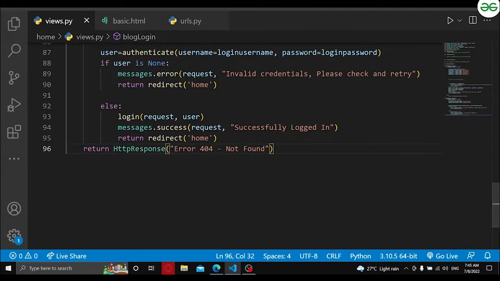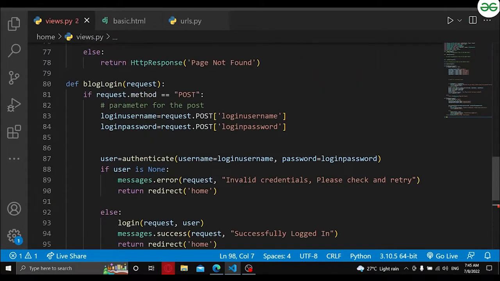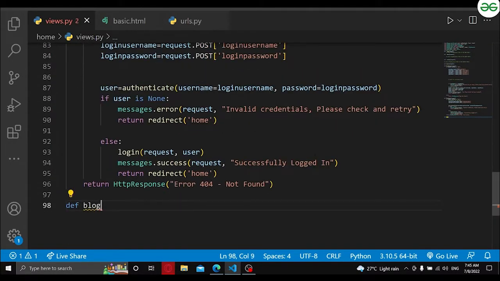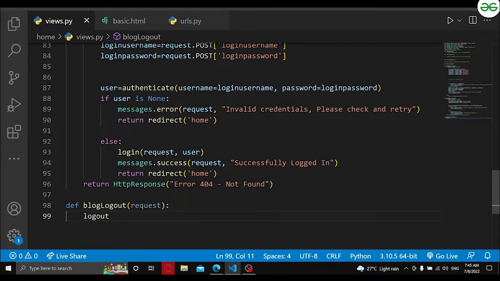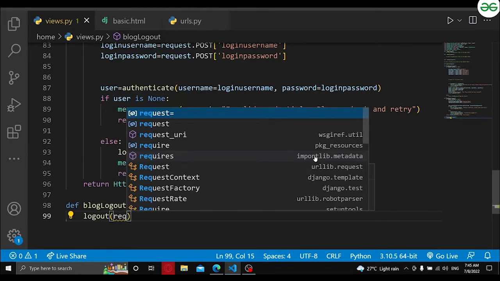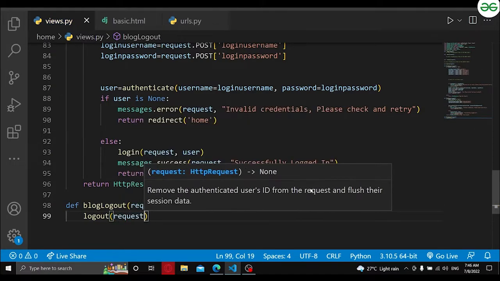So just to avoid that error, let's quickly give them a simple def that will be logout request. Then inside the request, I'll give them the logout request, so that whenever any user requests logout,